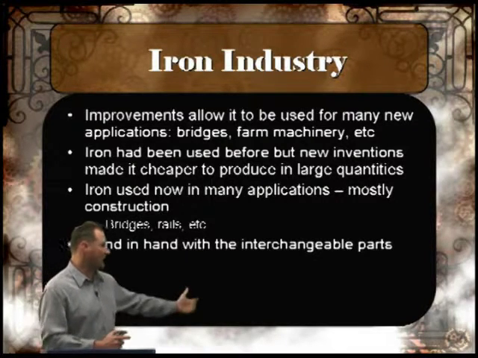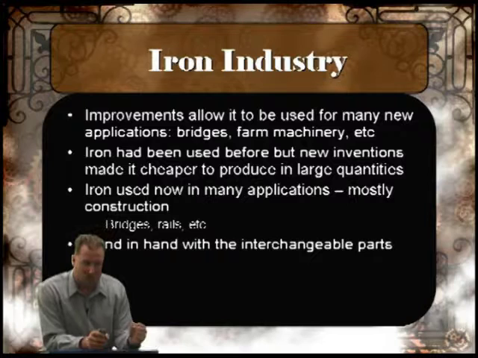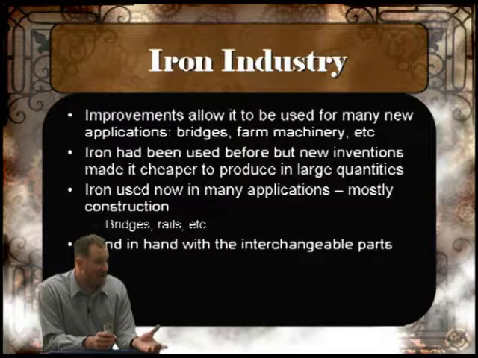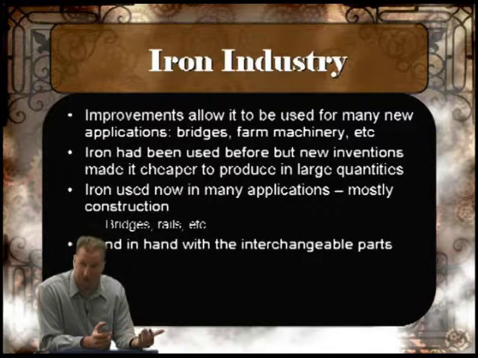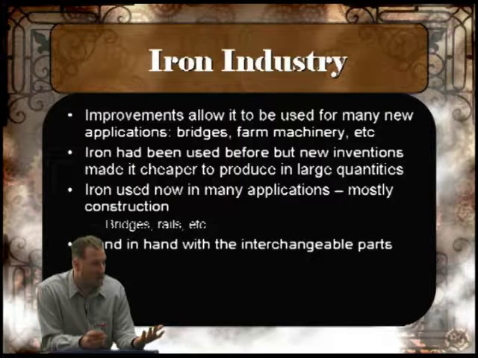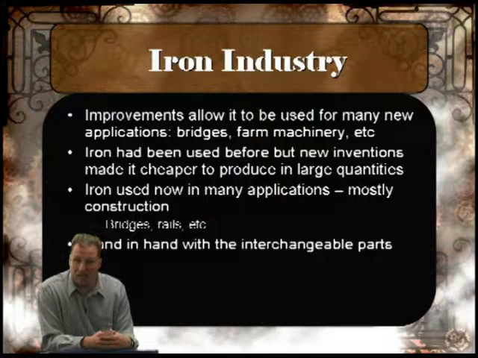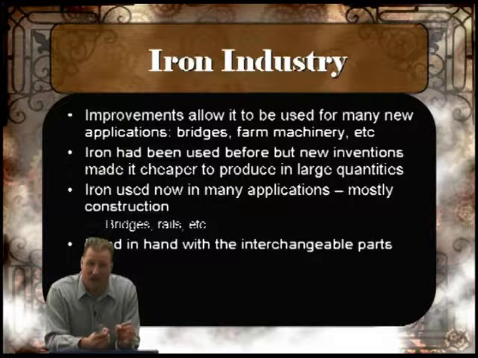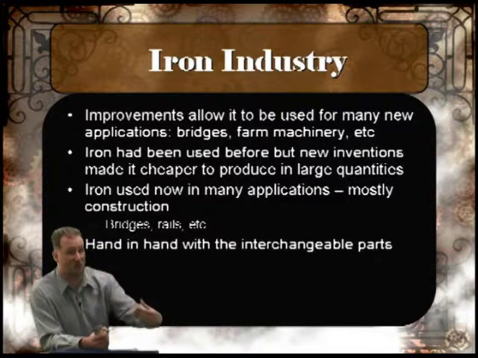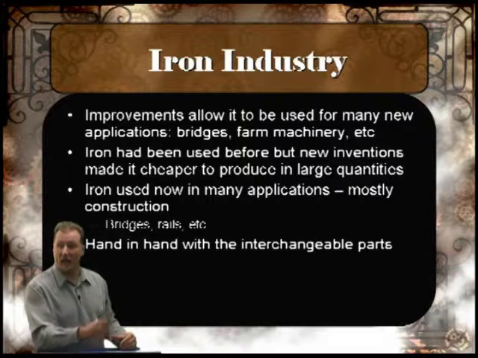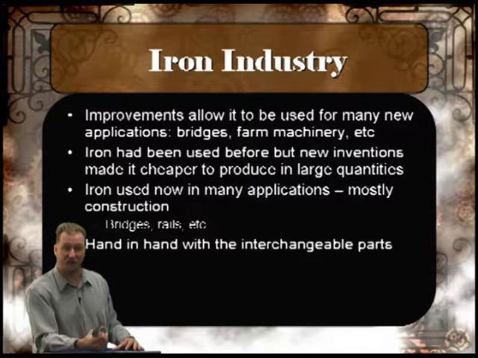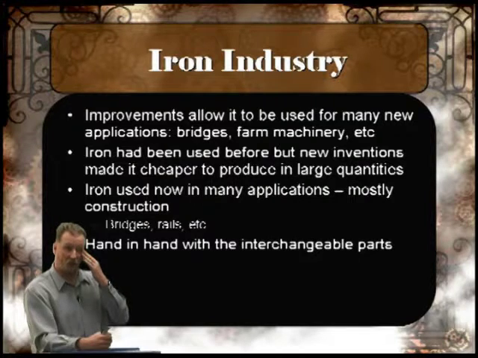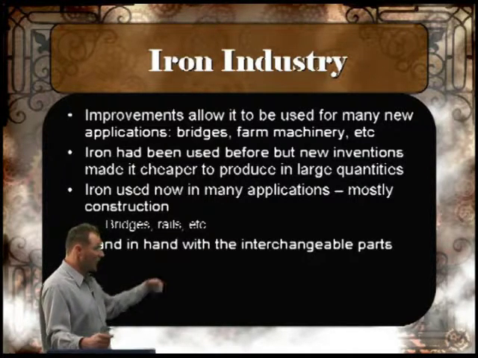Okay? And this is going to go hand in hand with interchangeable parts. Interchangeable parts, we want to talk about mass production of parts. Now, what happens if you have a device that you need to put together, and a device that may need changing? Like the example with firearms. In the past, if you wanted to buy a rifle, somebody had to make that rifle. You bought the rifle, and that's your rifle. If there's any problem, it needs to be fixed because it's an individual item. Now if something is broken, I can take that piece out and put in another piece that'll exactly fit the same way.